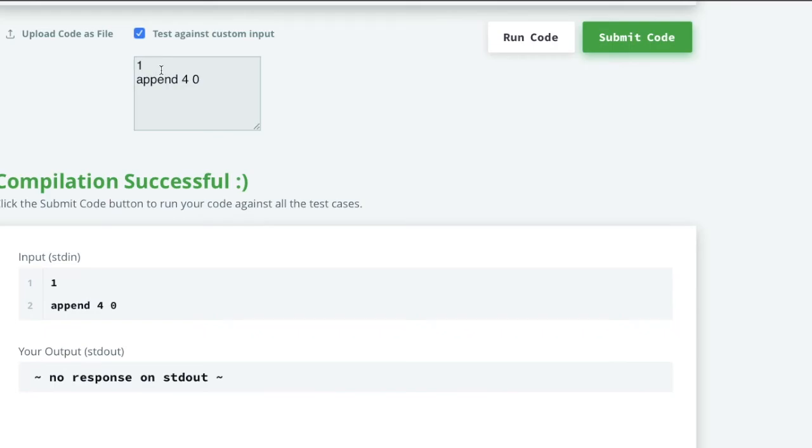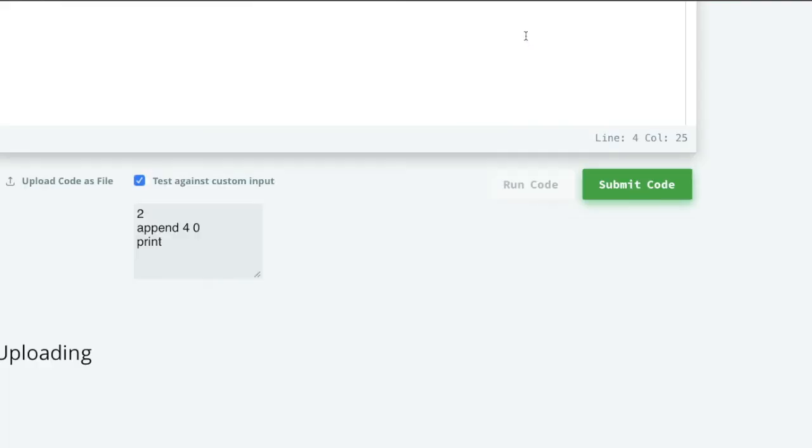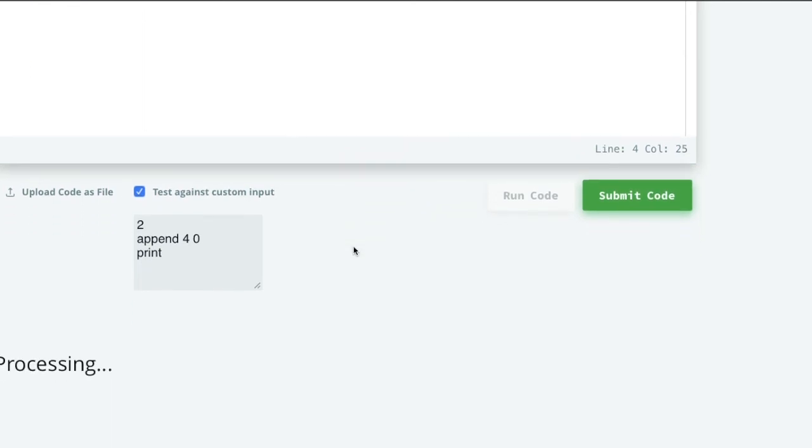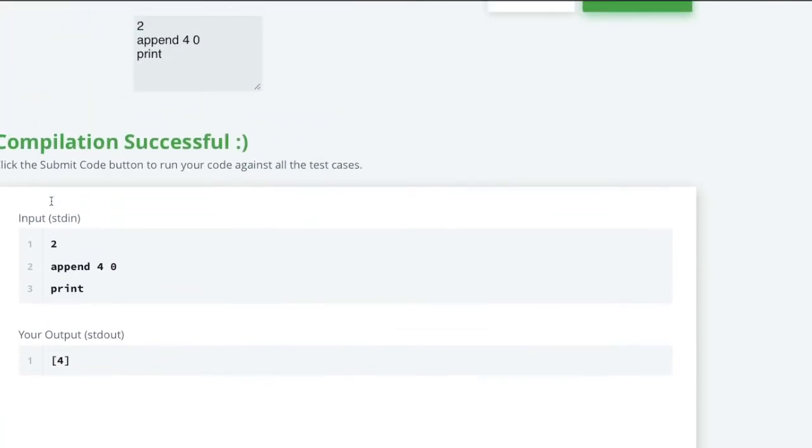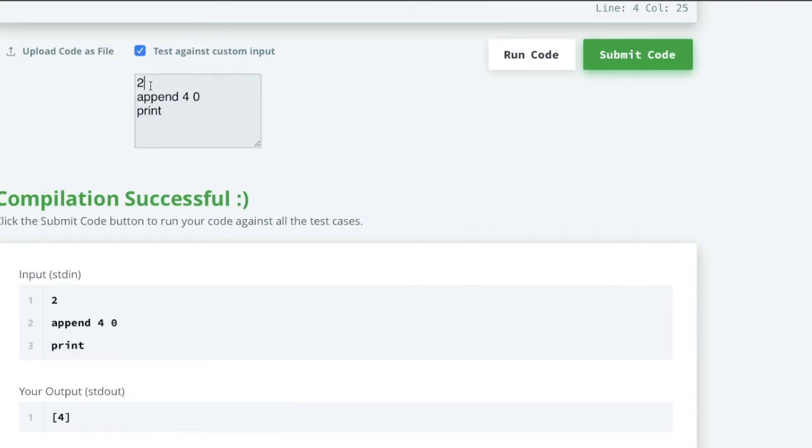Now suppose I am giving one more thing, taking 2 commands. The very first one is append and the second one is print. You can see the very first command was append, so it has appended the value 4 at index 0, and the next command was print, so it has printed 4. So it is working. Let us try one more.